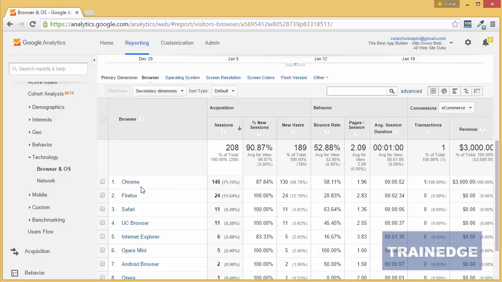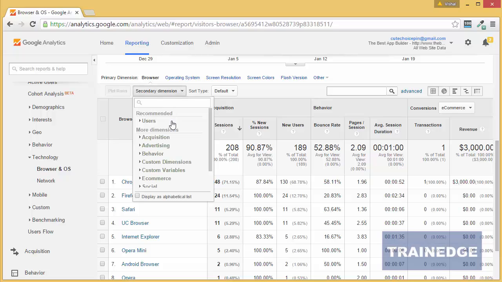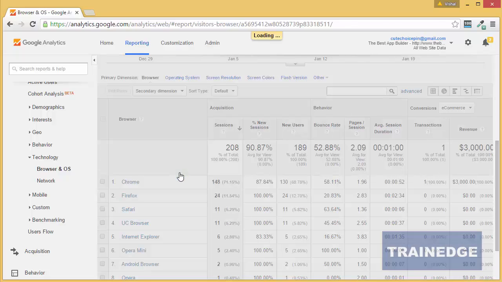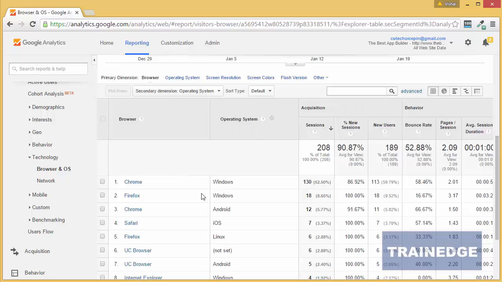Now we can add a secondary dimension here, with operating system. So now you can see that 62% of people coming to the site use the combination Windows operating system with Chrome browser.